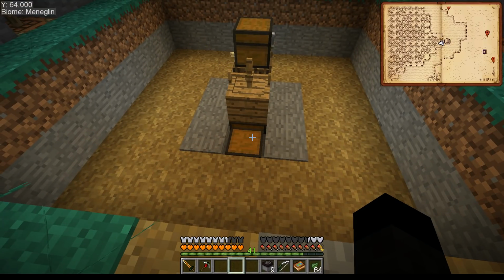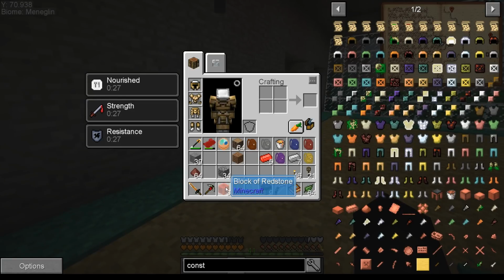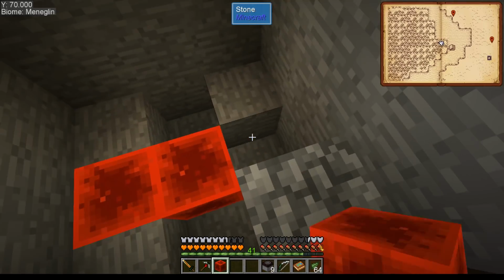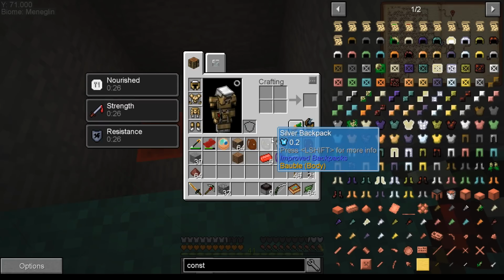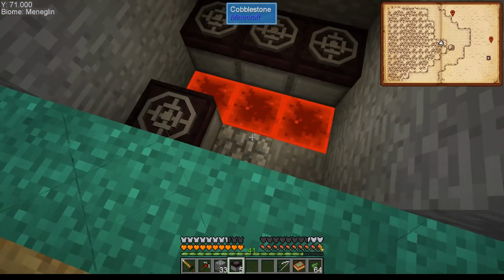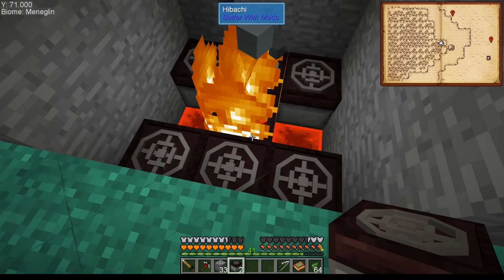Anyway, let me get this together. I'll be back with you in a sec. Alright, that didn't take that long. We're just going to put a line of redstone blocks in here, I think. And we'll go with that. That should do the trick. And if we get our hibachis and place 1, 2, 3, 1, 2, 3, if I do that, that one